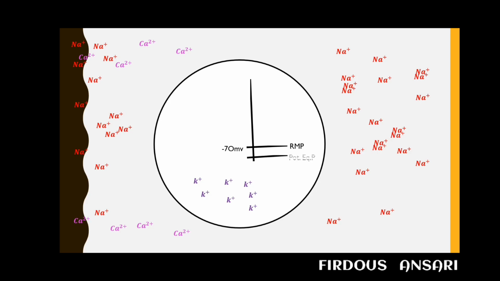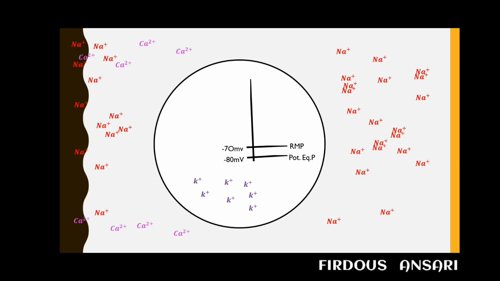Now one more important potential is the potassium equilibrium potential, for example -80 millivolts. So what is potassium equilibrium potential? See, cells are bags of potassium ions, and because of the concentration gradient, every time the potassium ions will tend to move outside of the cell. And until what limit can it move outside? Until this part of the neuron attains the potassium equilibrium potential, the potassium ions will tend to go on moving outside of the cell. Okay, so that is the potassium equilibrium potential.